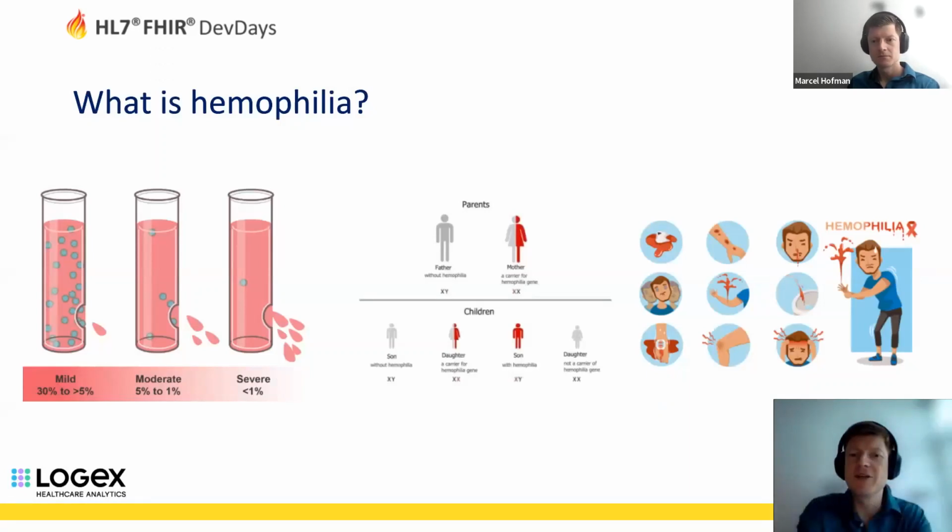Although most of you probably know, let me briefly describe hemophilia. Hemophilia is usually an inherited bleeding disorder in which the blood does not clot properly. This can lead to spontaneous bleedings, as well as bleedings following injury or surgery. Blood contains many proteins called clotting factors that can help to stop bleeding. The severity of hemophilia that a person has is determined by the amount of proteins called clotting factors in the blood. The lower the amount of these proteins, the more likely it is that bleeding will occur,